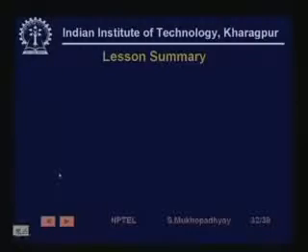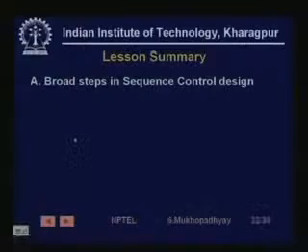So, we have come to the end of the lesson. In this lesson, what have we learned? We have learned the broad steps in sequence control design, and these are very important: first of all, identify the inputs and outputs, then very critically study the system behavior, look at the requirements for manual control, operator safety, faults, etc., and then try to formalize this description. So, first maybe write the operation in crisp steps in English, and then try to convert this description of steps into